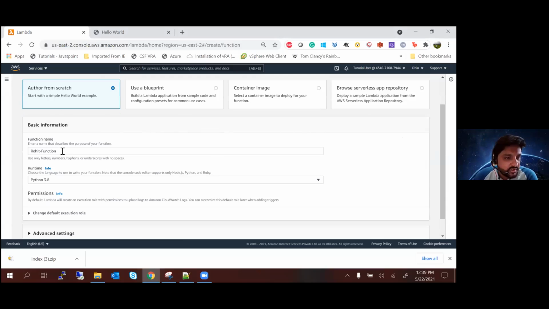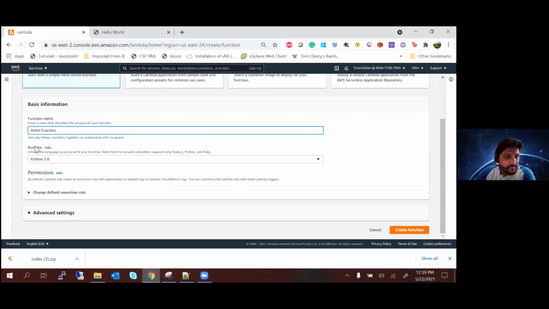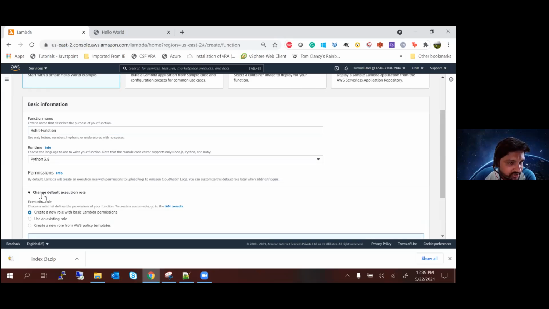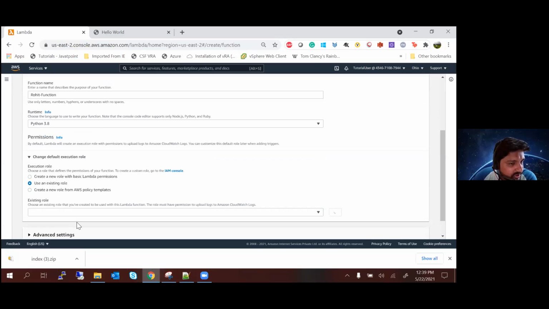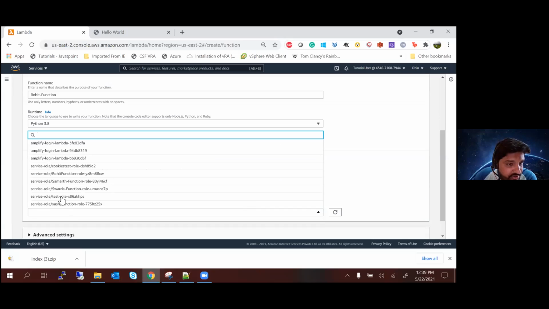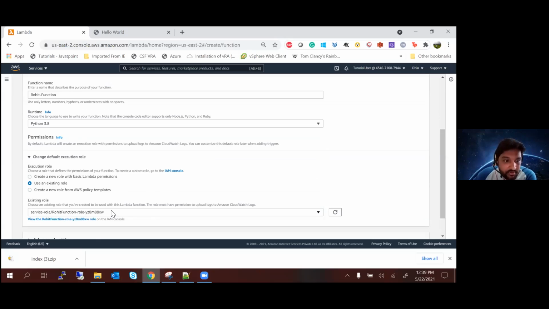Just put your name hyphen function. Runtime you choose as Python 3.8, and you should see an option called default execution role. Click on change default execution role, select use an existing role, and in the name you should see service role Rohit function. You have to select this, right?